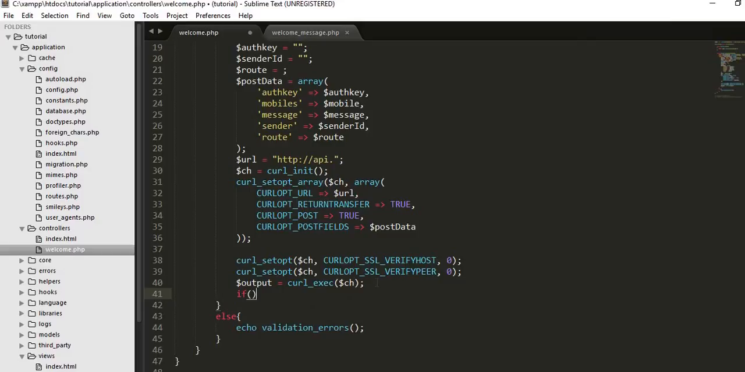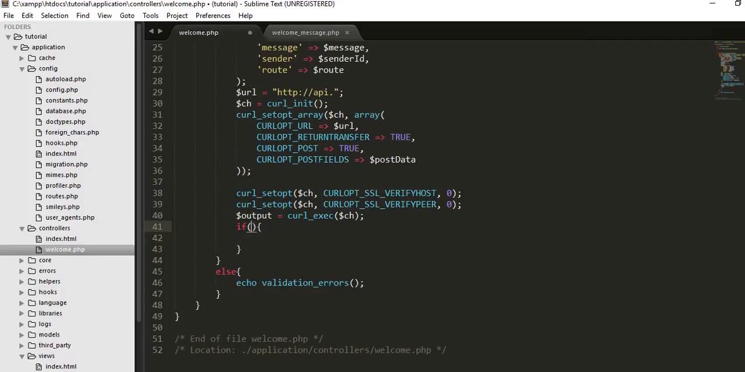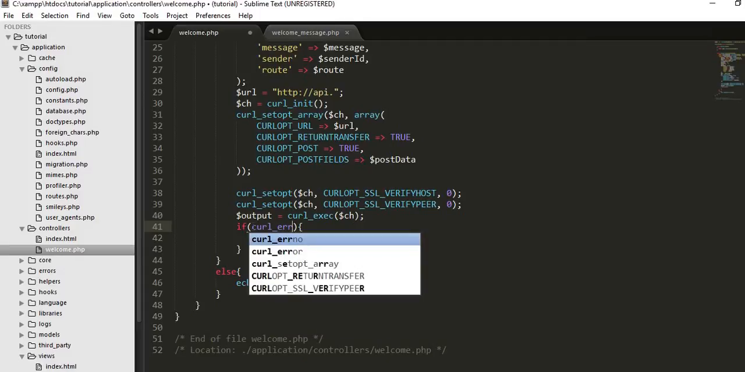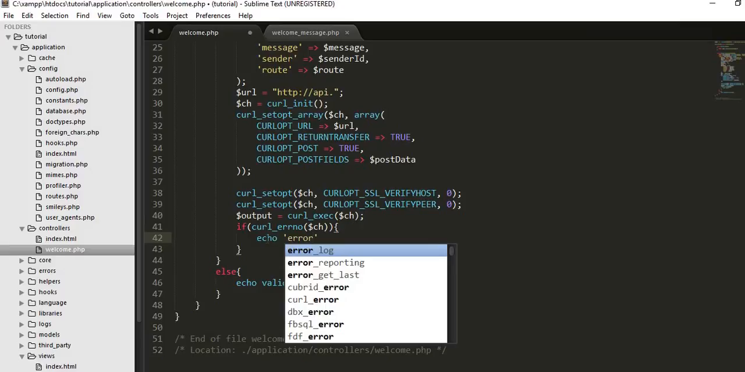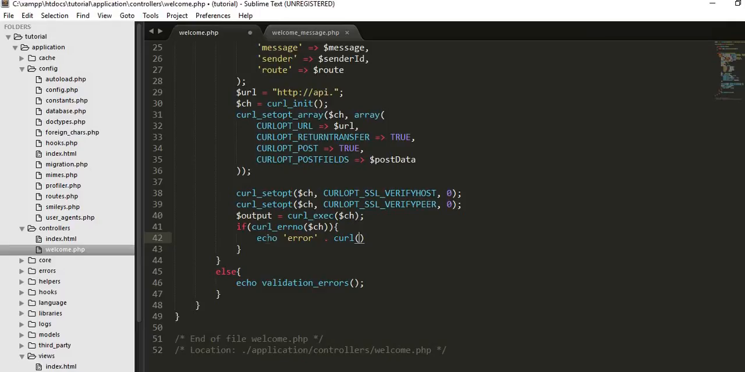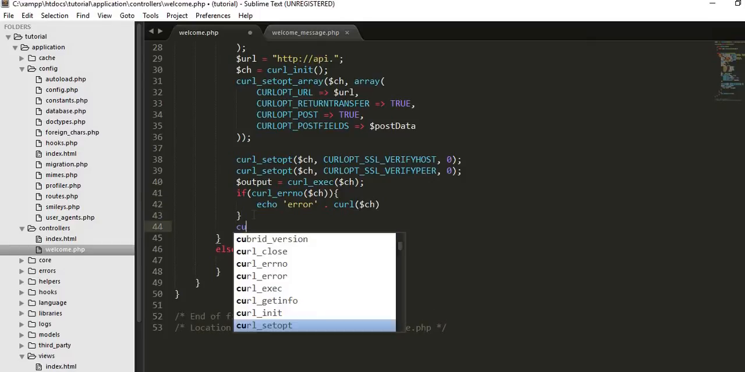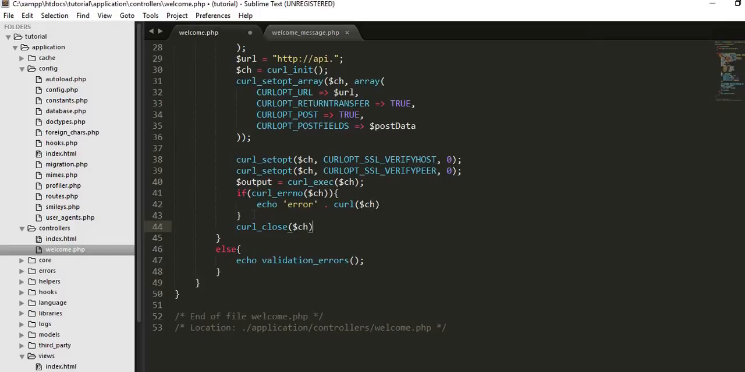and then if curl_error($ch), okay, then echo error: curl_error($ch), okay, and then at the end curl_close($ch), okay,